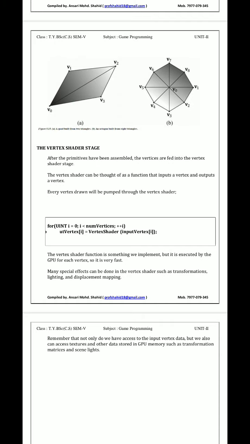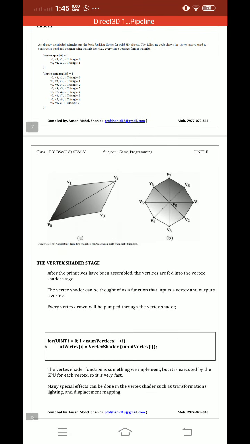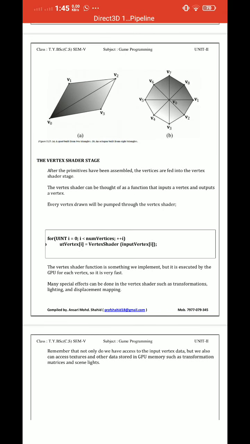With this we have completed one topic of chapter 5. Next topic we'll see in the